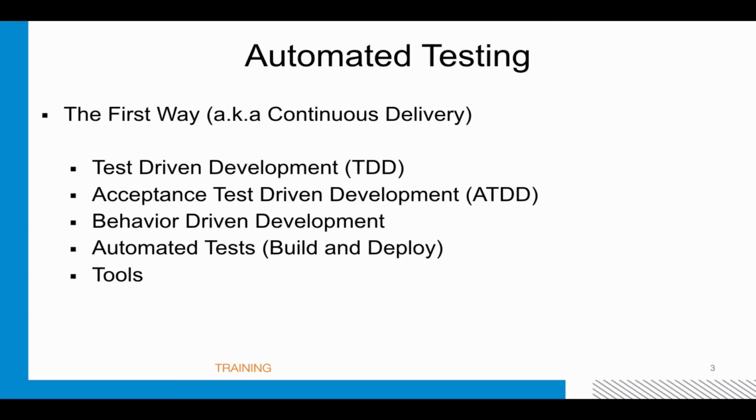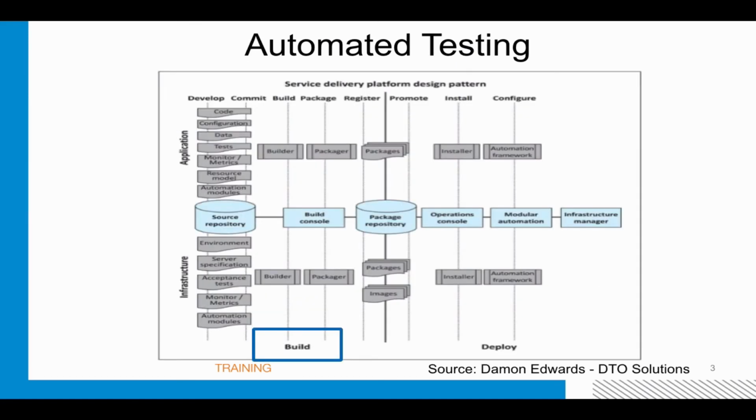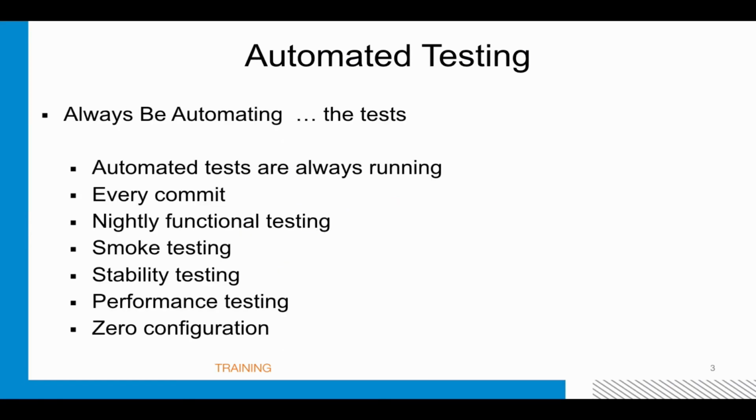In the next chapter we'll have a very simple BDD, TDD testing with a Ruby application, with automated tests and the tooling. And then here again, I use this slide a lot, but there's a reason, because I think it's important to understand how this all fits into the continuous delivery pipeline. And then again, we're talking now about source and build. And then it's always be automating